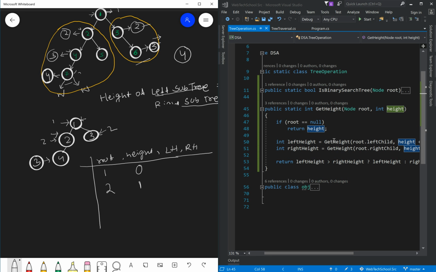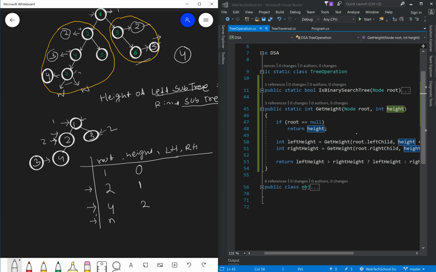Now this line is still executing. Again we are executing on the root dot left child for node 2. For node 2, now the root will become 4 and height will become 2. For 4, it will again execute line number 50 and it will pass root dot left child as null.